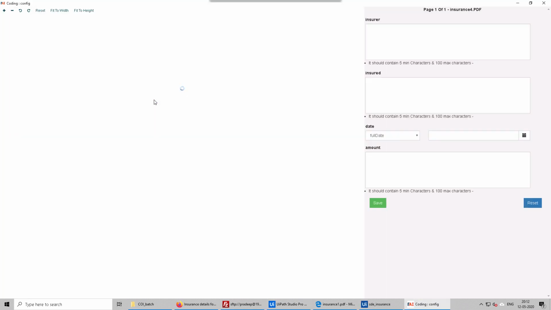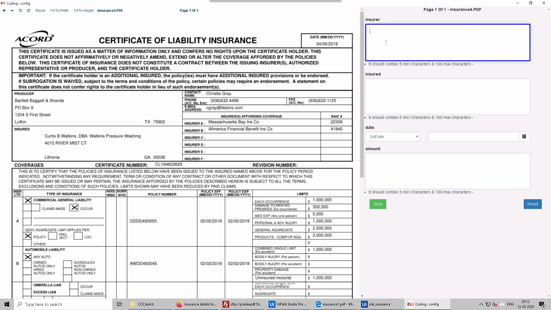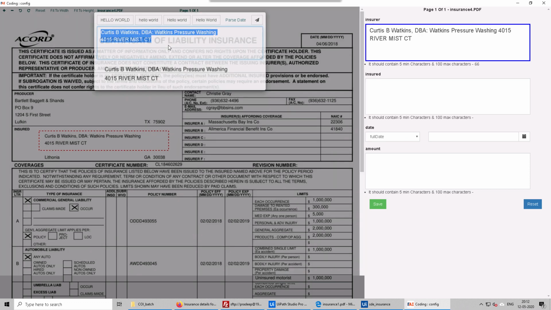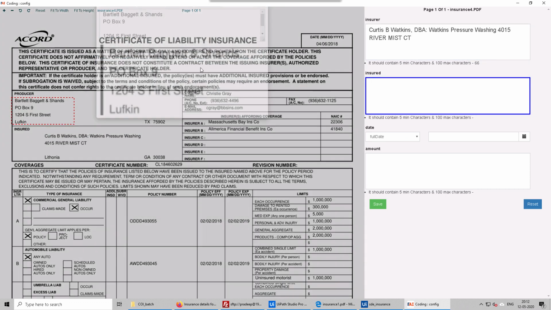So what happens is now each file will come one by one, and you can see that a dynamic form has been created here. To get the data, all we have to do is just create a rectangle around the data and keep doing it for all the fields.